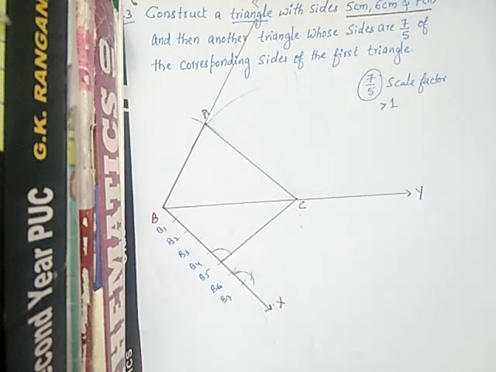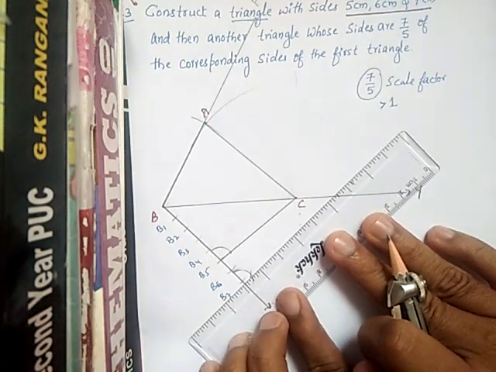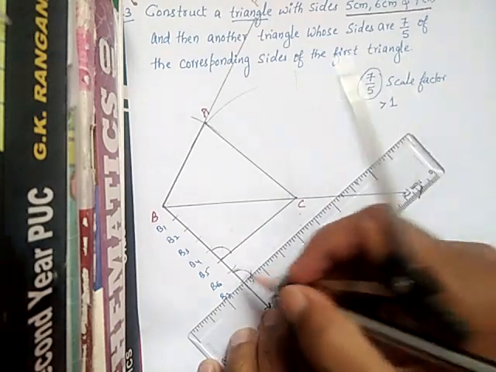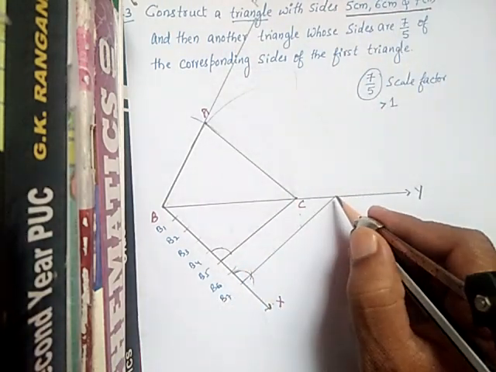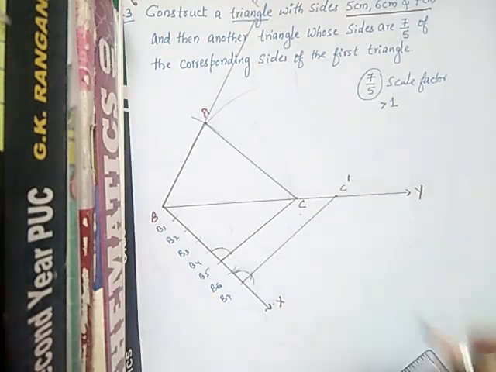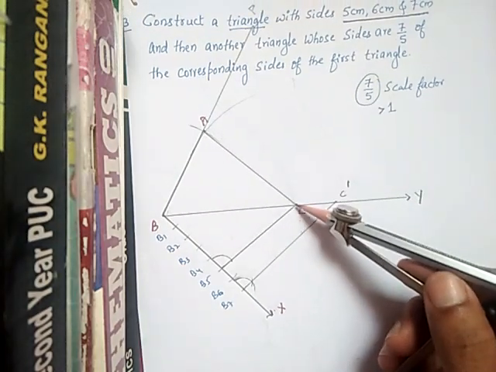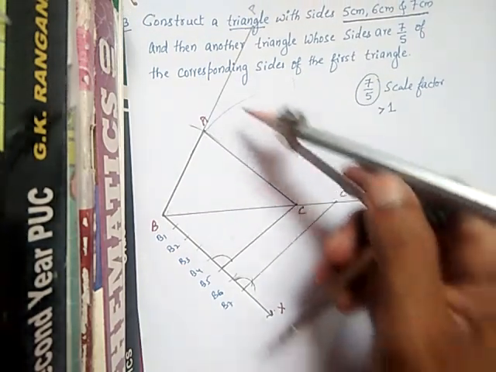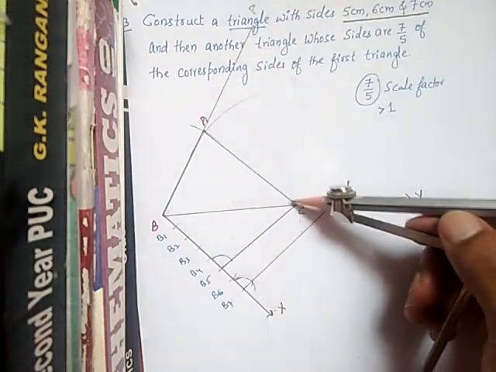So here, after getting the arc like this, you have to draw with the scale. Again you have to join like this from B7 exactly from this arc where it is intersecting. Just draw a straight line which is intersecting here. So here it is C, so I will take this as C dash. Again the same thing: from C dash you have to draw a line such that it should intersect on BP so that it is parallel to CA.